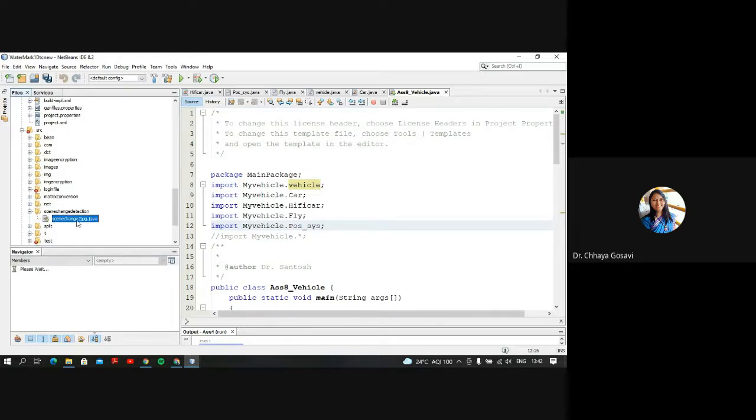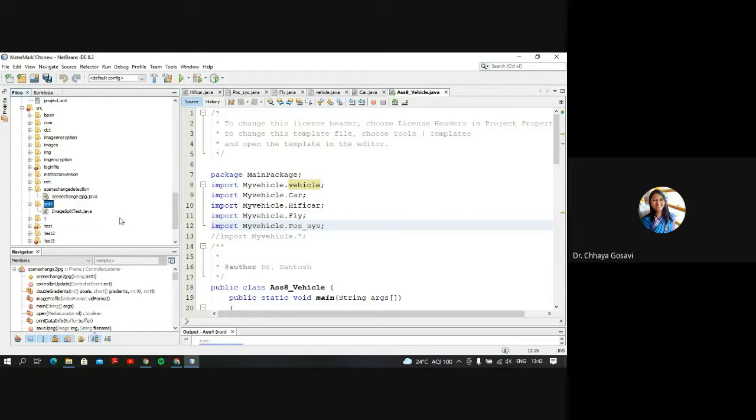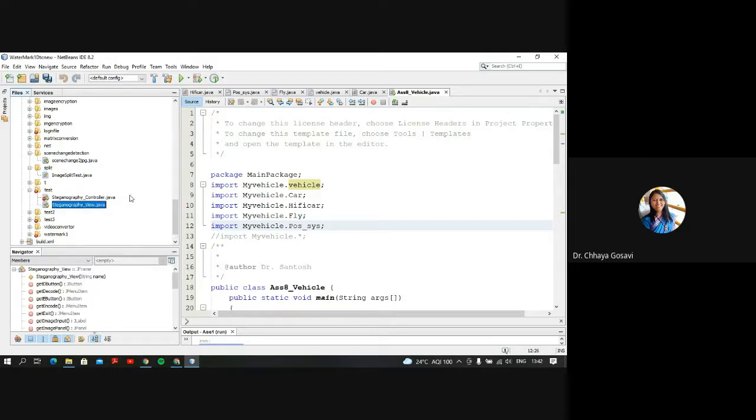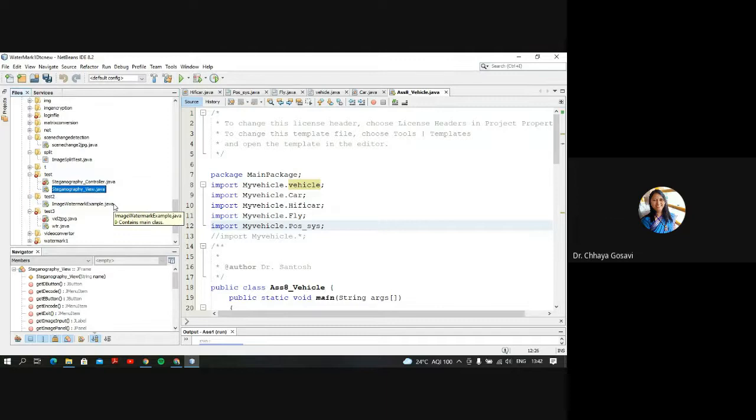So here scene change.java, or image split.java. These are in different packages. So you can check it. If it is working, then you can save it. Otherwise, you can create another package, another test case, and it helps you to create the same class name in different packages. So name confusion or collision is not there.